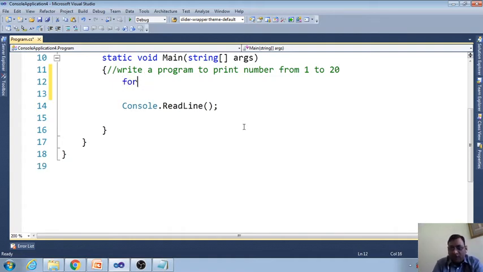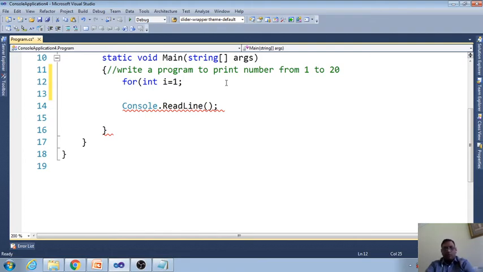Directly we will use the for loop: int i. I is the name of the variable, you can write any name. Equal to, here I am going to give the initial value. I told you some time before, initial value means the first value, and our first value is 1, so here I am going to write 1, semicolon.